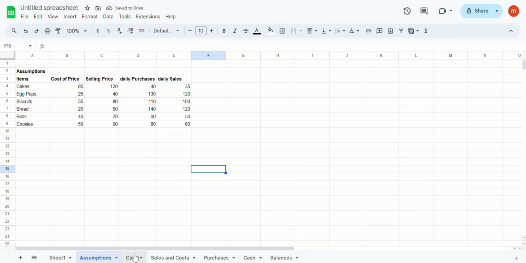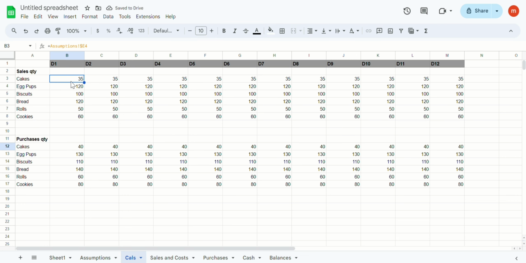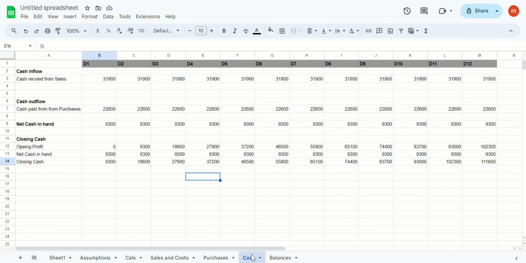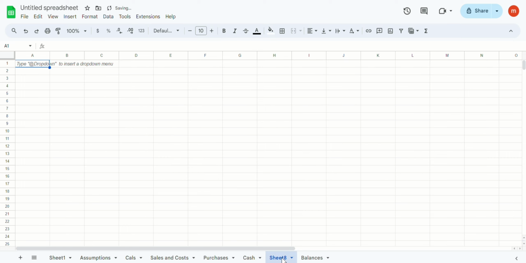Now we go to calculate. Now see the sales quantity 35, okay, 120, 10. Now go to sales and cost, see, and purchases and cash balances, see the cash. Now add another sheet, name it as stocks,